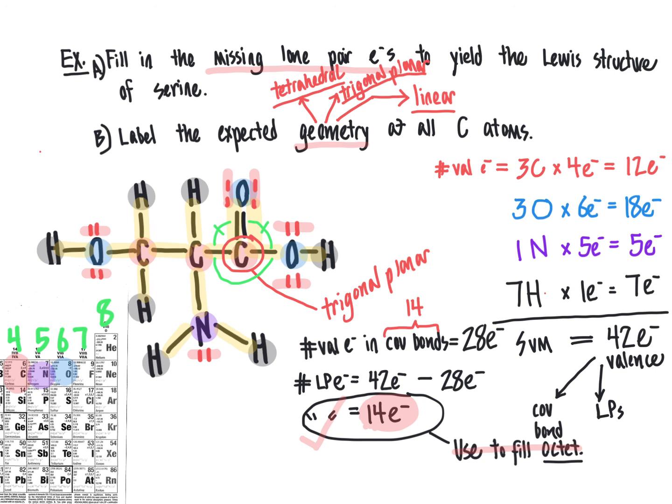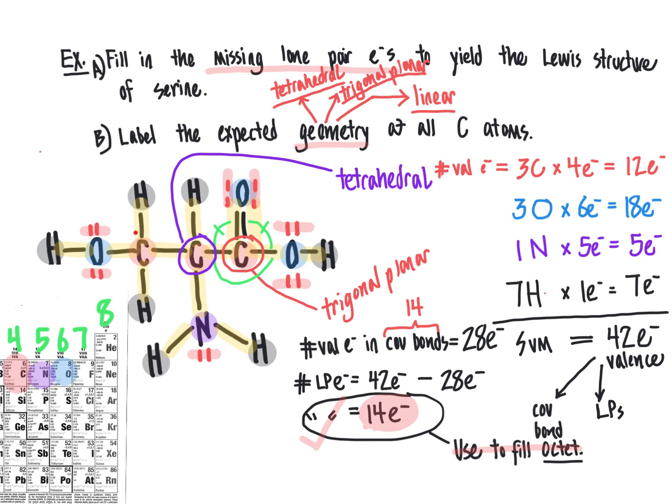Now, in the case of the next carbon atom over, I'm going to draw a circle around that carbon and come over here to label its geometry. It has 4 regions of electron density, 1, 2, 3, 4, because it's got 4 different groups bonded to it. And so its geometry would be expected to be tetrahedral, because spacing those 4 groups out as much as possible is going to give an ideal bond angle of 109.5 degrees and give a tetrahedral shape as those electrons repel